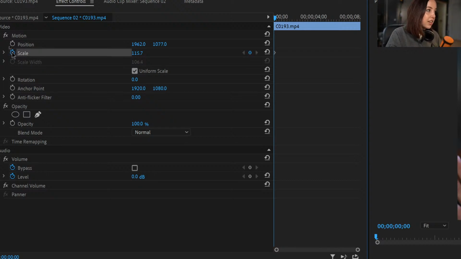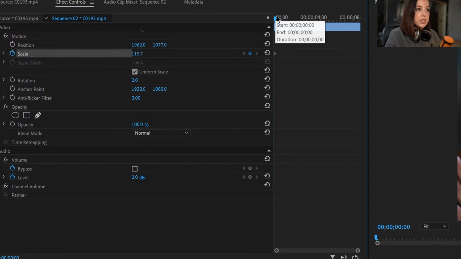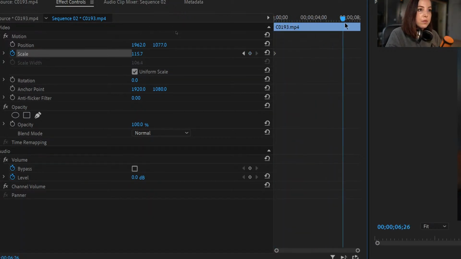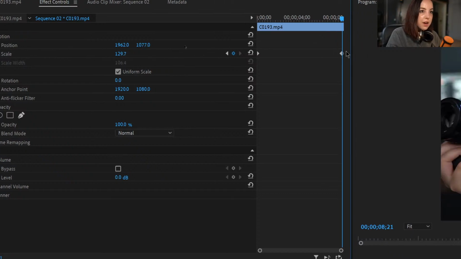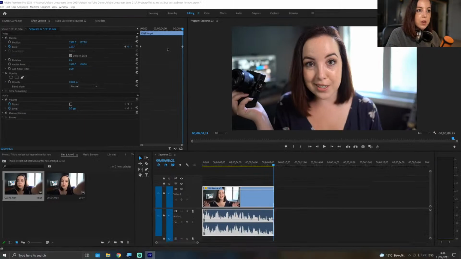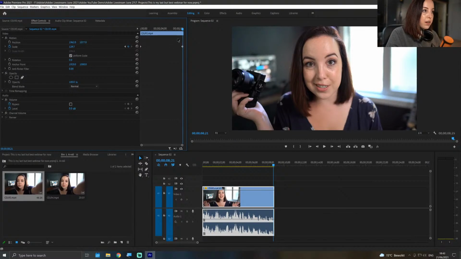So let me just click on that. And then, as you can see, a little diamond appeared, right? And that is a keyframe. So now we told Premiere Pro, this is our starting keyframe. This is our first keyframe. This is our starting point. Then we can move through the video. Let's just go all the way to here. And then we can just zoom it in a little bit. I'm just going to do it blindly. And now, as soon as you change the value, another keyframe will be created. So now when we play through this,